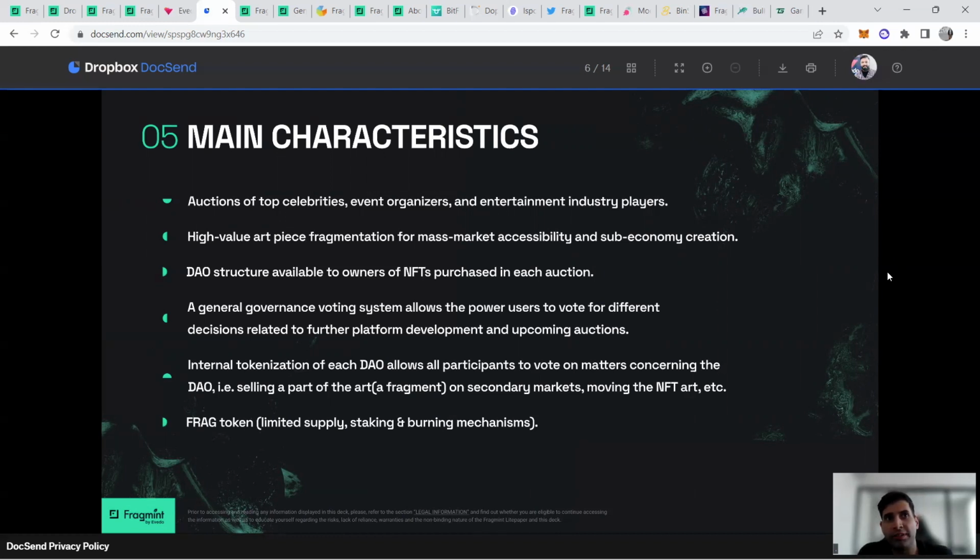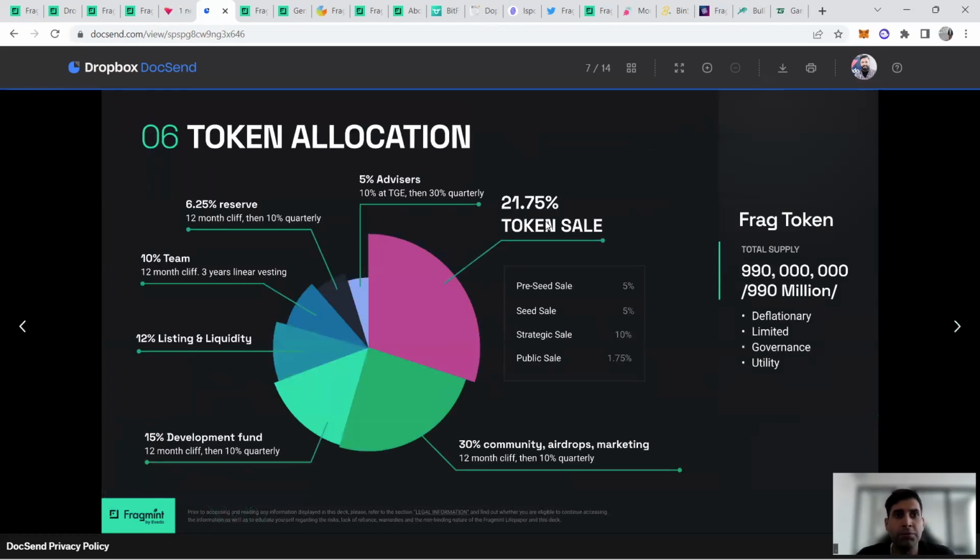And the general governance also provides that voting, so that rather than just breaking it down into a mathematical model of division of the fragments of the NFT, it would be more the DAO deciding what is more meaningful, and the tokens will play a big part, being a limited supply sort of token. So that's the summary here as well, and I'll talk about the token a bit more later.